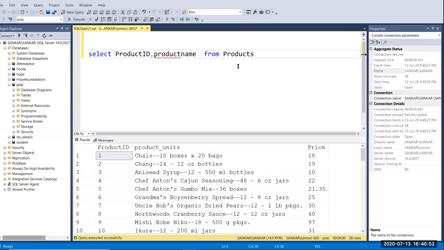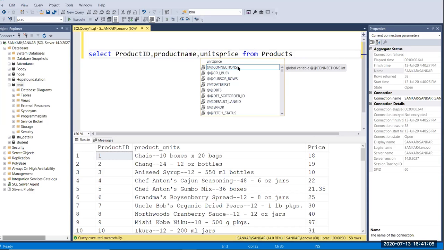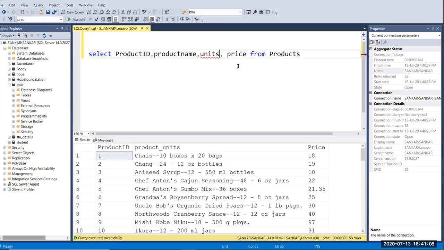Product name, comma, price, then comma, units, comma.